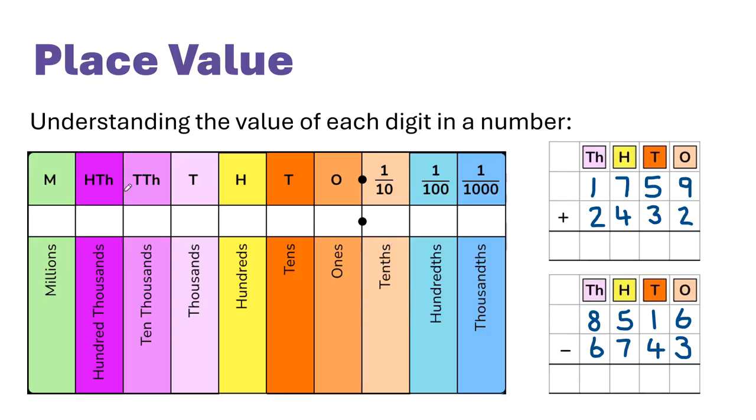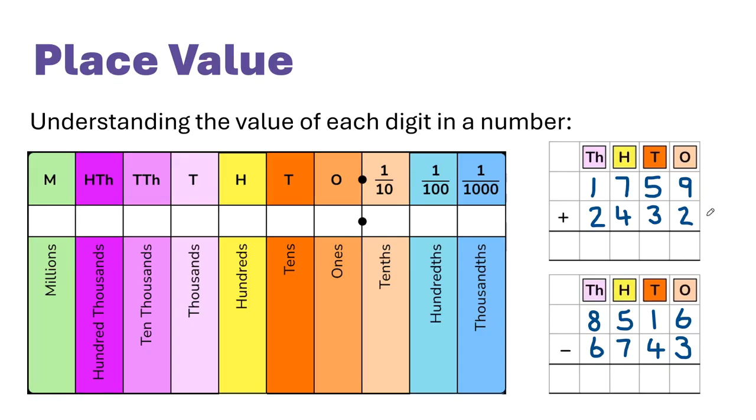That can happen as well. So let's now have a look at a couple of examples of addition and subtraction on the right hand side here. So we've got 1759 and 2432. Now I've chosen these numbers specifically because it involves a skill